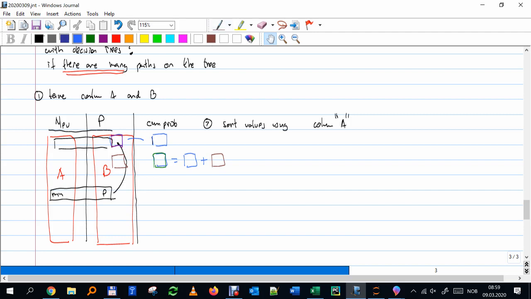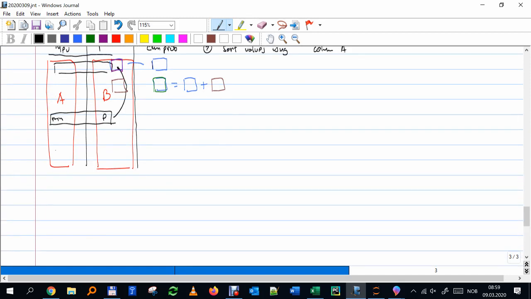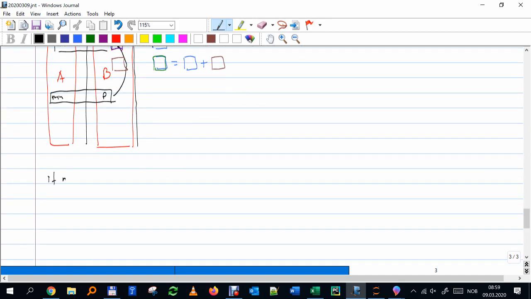Okay, that more or less clear? If I have enough results, many paths on the tree, okay. If not enough cases, I just report